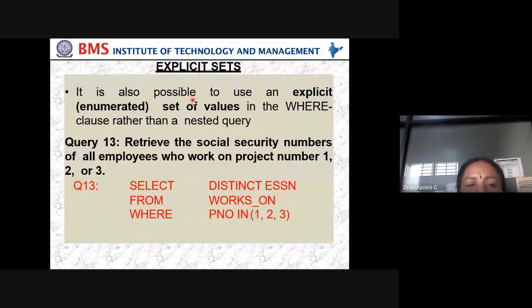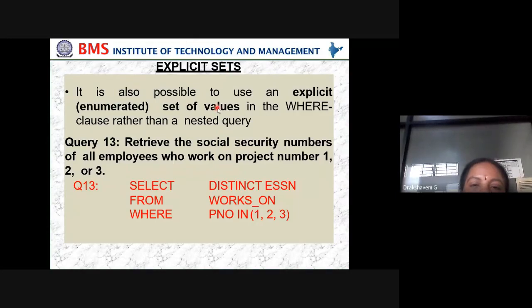Okay, so now we'll see explicit set. What is this explicit set? Suppose I want to check across all three tables whether an employee is working on how many projects: only one project, two projects, or three projects.